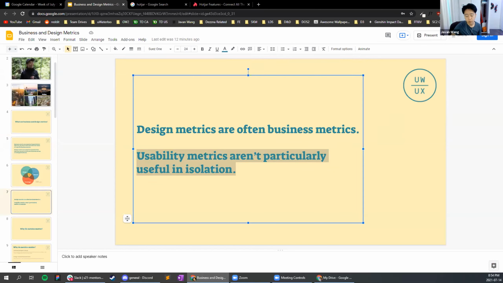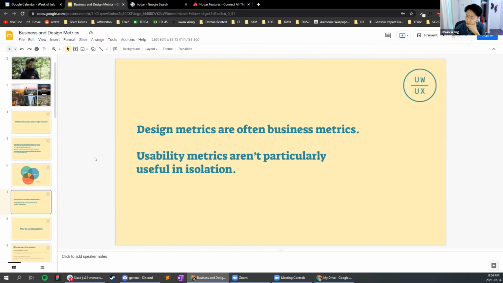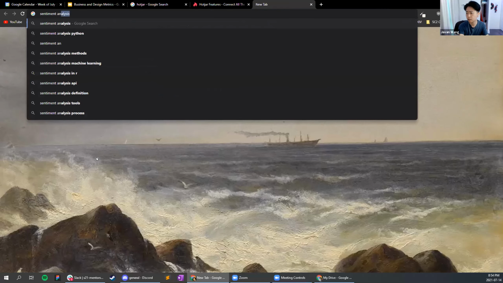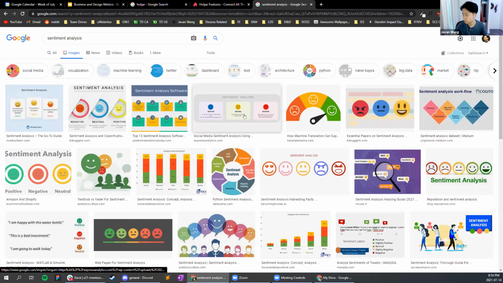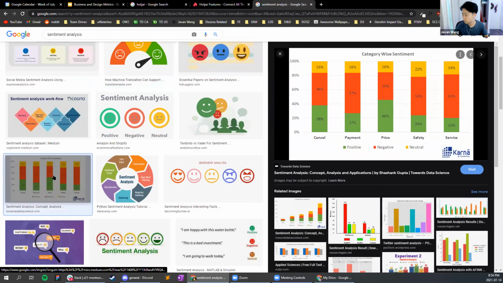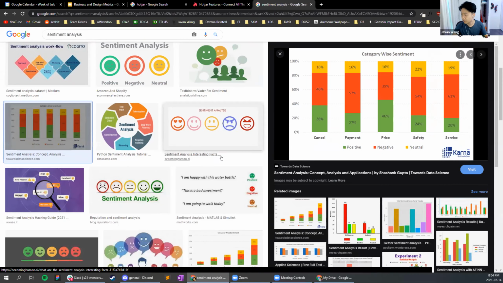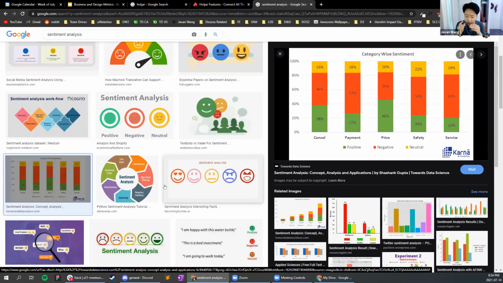If it's a conceptual piece, you can still use it to gather customers. You can still use one of these user satisfaction things to generate user sentiment. I'm not the best at explaining this one. So there is this thing called sentiment analysis. What you can do is gather a whole bunch of customer insights all together and then just pick out keywords.